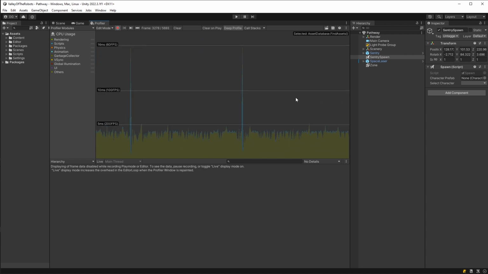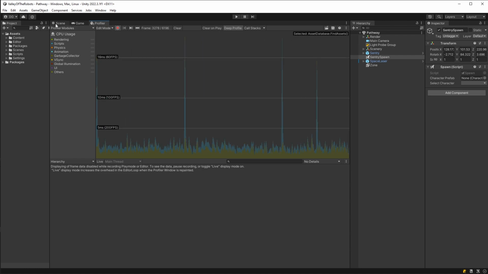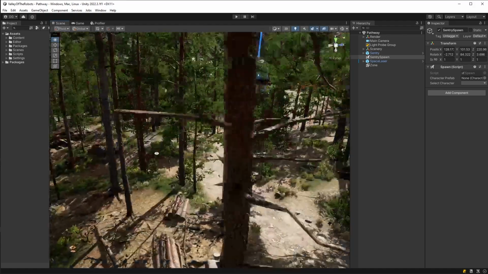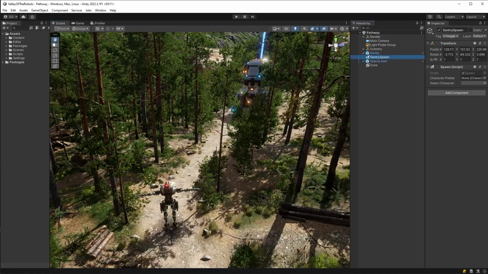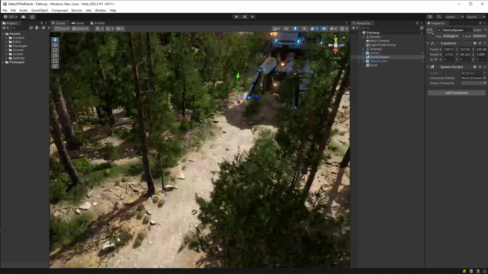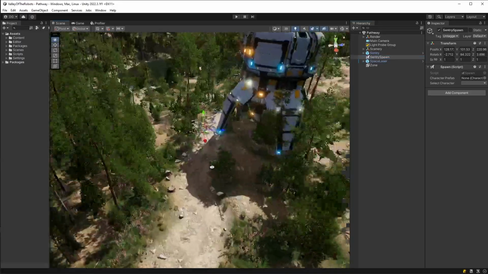Now, I realise this was a very quick introduction, as I know a lot of you out there have already used the profiler extensively in your game runtimes. But let me know in the comments if you would like me to dig in deeper on the profiler in a future video. And for the experienced among you, maybe you want to leave some tips